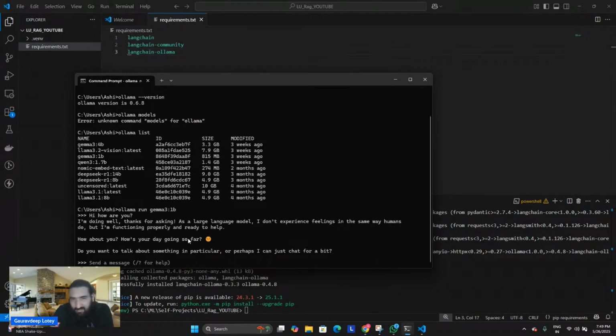We are all set. I'll just quickly recap that. Try to make a virtual environment. Try to install LangChain, LangChain community, LangChain Ollama as your requirements. Try to install Ollama on your machine, and install one large language model at least. Now, how do you install them? Okay, so suppose